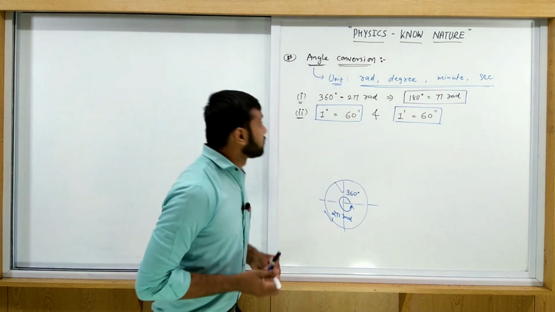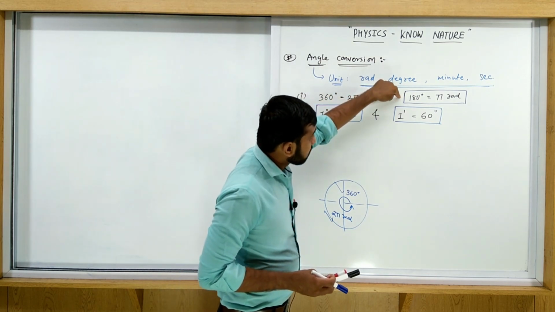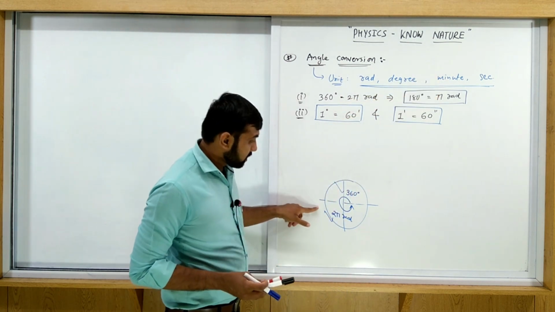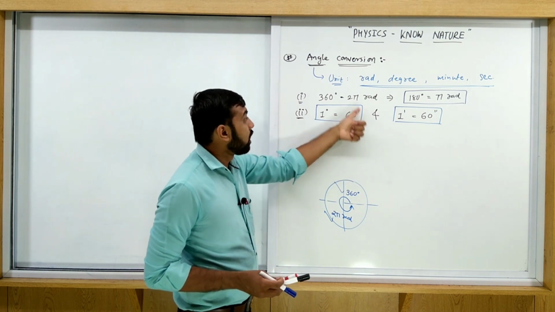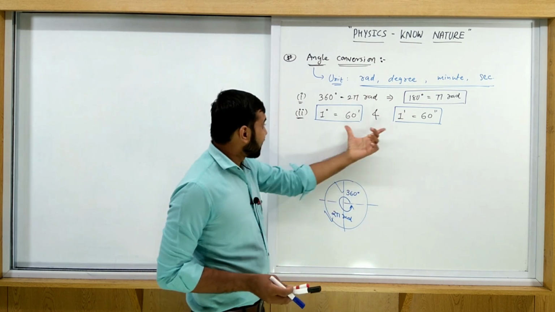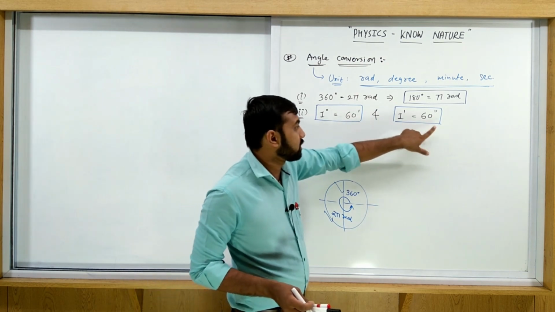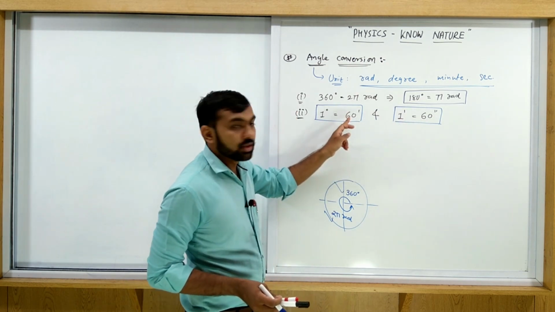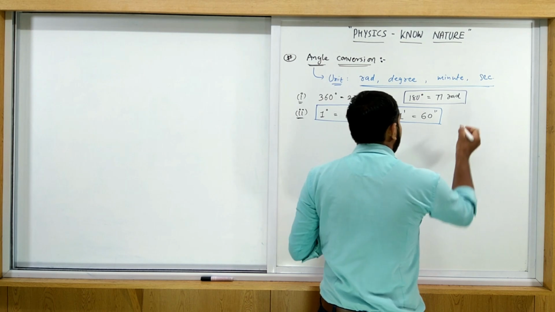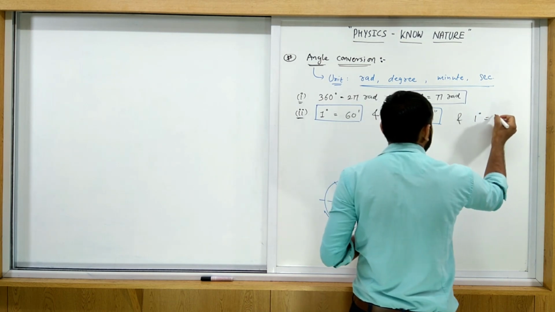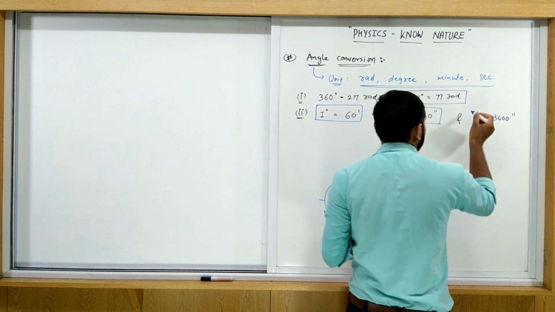Now see here, for the conversion of angle, the first relation you must remember is 180 degrees equal to pi radian. This is the reason. Now this is also a defined unit, which one is this? This is the minute, and this one is the second. So by both of these, 1 degree is equal to 60 minutes, and 1 minute is equal to 60 seconds. So you put the 1 minute here. What is the total? 60 into 60, total is 3600. Then finally you write 1 degree is equal to 3600 seconds. You can also write the unit in this way.